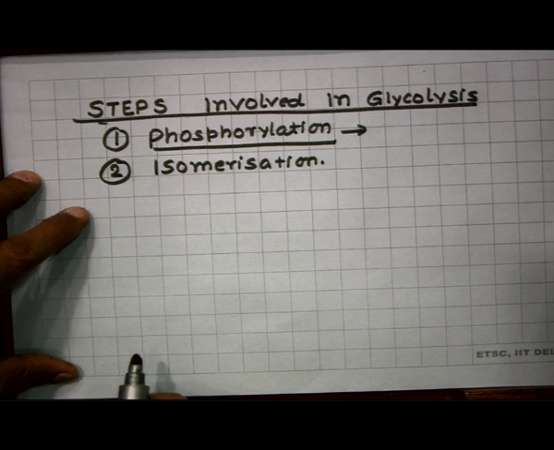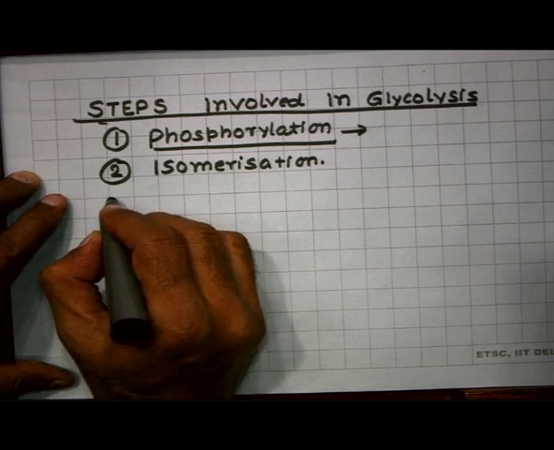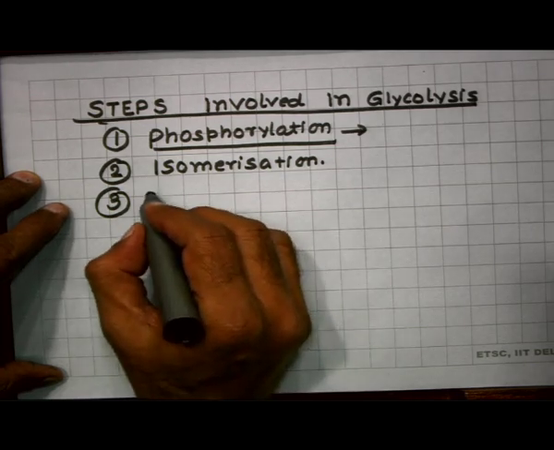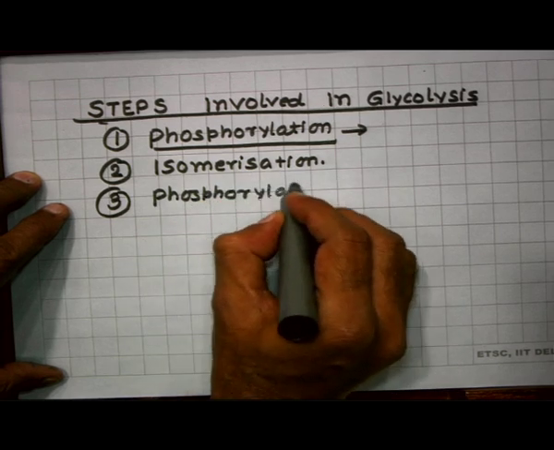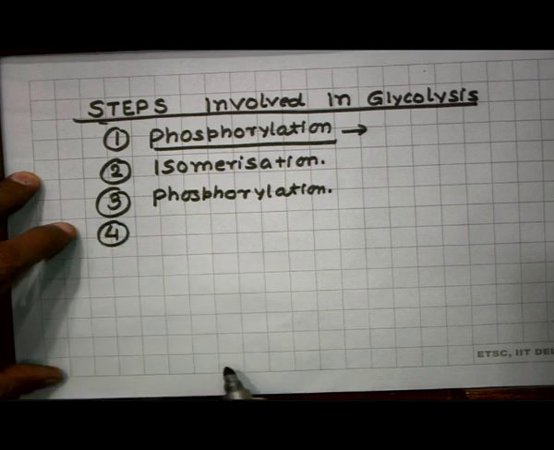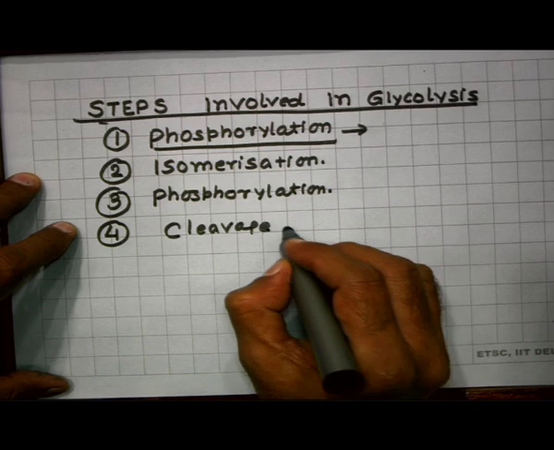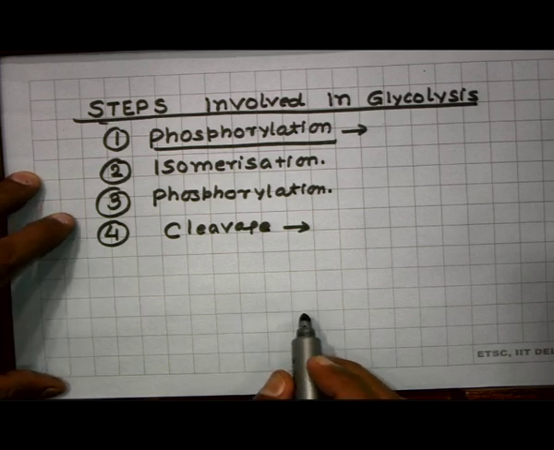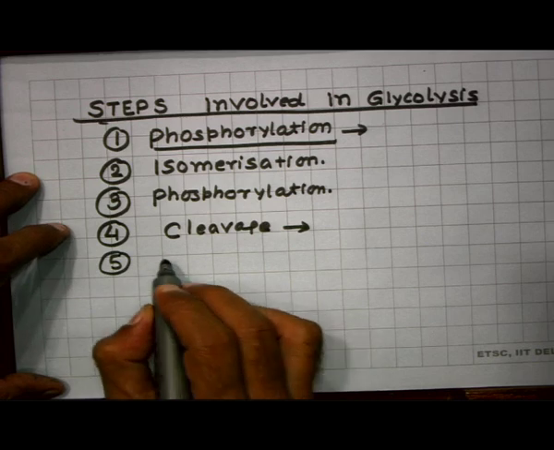The second step in glycolysis is isomerization, where the glucose molecule is converted into fructose 1 with the help of enzyme isomerase. The third step is again phosphorylation, and the fourth step is breakdown, that is cleavage. Here the fructose 1,6 diphosphate will break down into 2 molecules of 3 carbon compound. The fifth step is again phosphorylation,